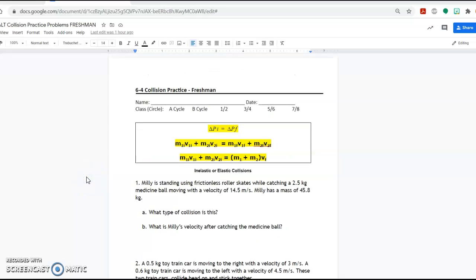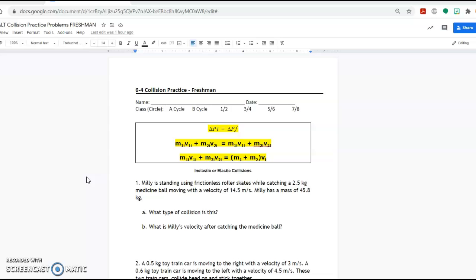Hey everyone, so this is going to be a video on these collision practice problems, and we are given three equations here. So the first one is the conservation of momentum. That says that our initial momentum is equal to our final momentum, and from there we understand